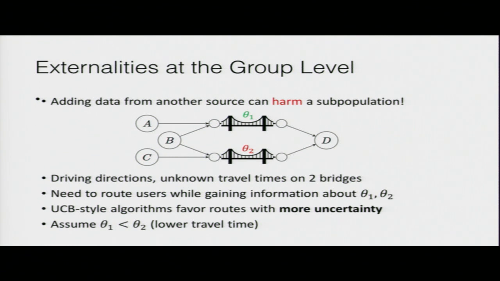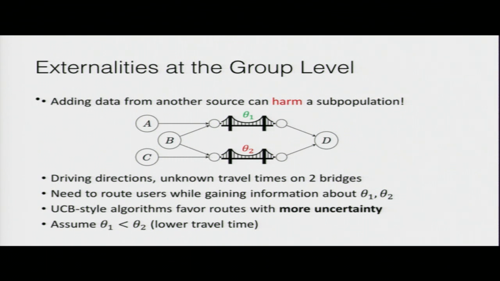Okay, so I'm routing users, I'm learning about these hidden parameters, theta 1 and theta 2, which are just the travel times on these two edges. And the key thing to point out here is that the standard algorithms in this literature, UCB or upper confidence bound style algorithms, favor routes with more uncertainty. So all else equal, they'll tend to favor the edges, or favor routes that have been taken less frequently. Okay, and so for this example, I'm going to set theta 1 is smaller than theta 2,